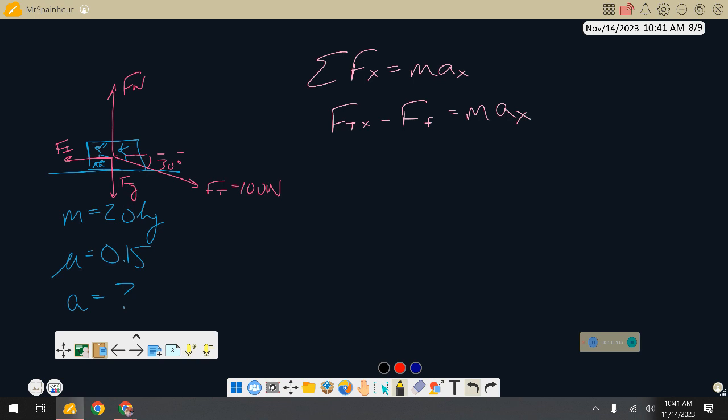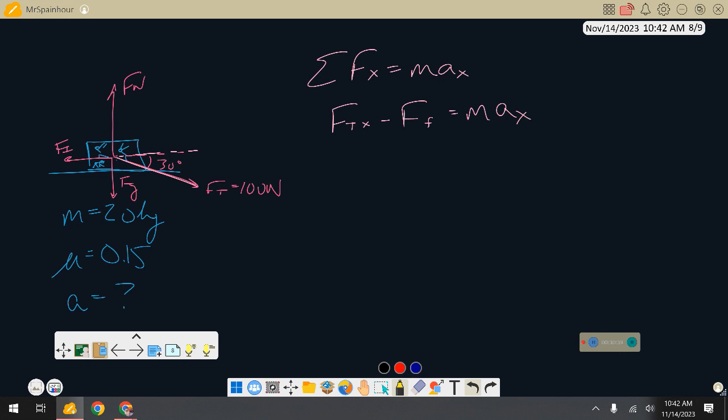Now, if you're new to this and you want to see if you can do this, just run through: can I get this? Can I get force tension in the X? Yes, you can use trig, right? We know that the hypotenuse here is 100, and we would get that with trig. Can I get force friction? Do I know what force friction is right now? No. So I know force tension in the X, or I can get it. I know mass, I don't know force friction, so that means I'm not going to be able to get acceleration. So we need to go